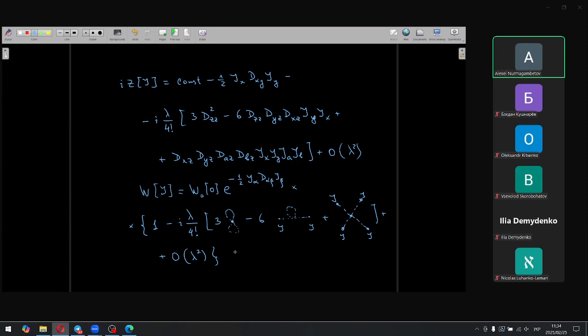That means that we can absorb this sort of diagram into the normalization W depending on zero sources, because it's clear that we have no sources here, so that the result for W depending on J will be presented as